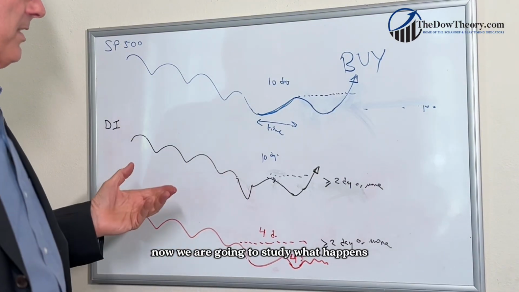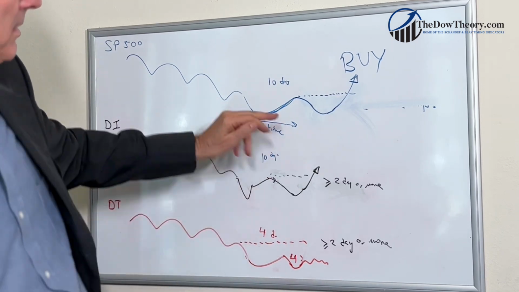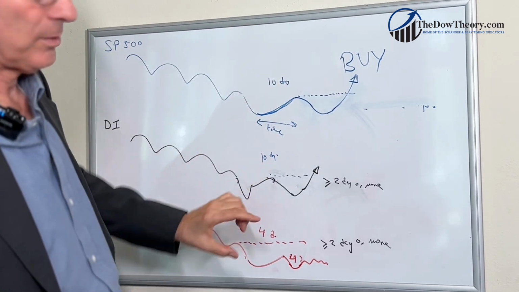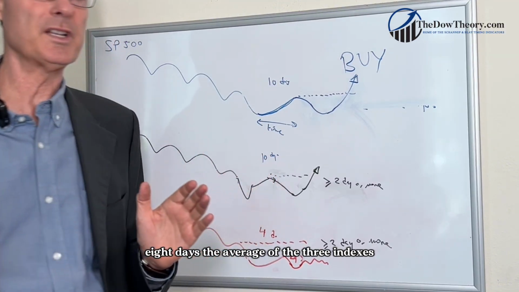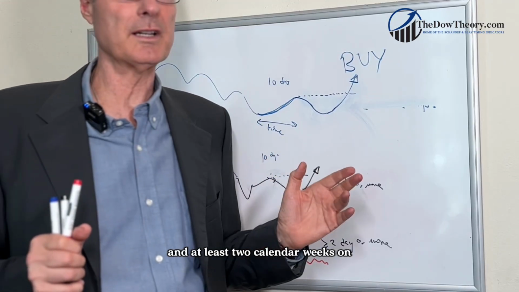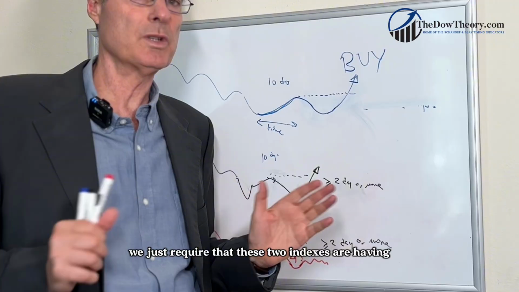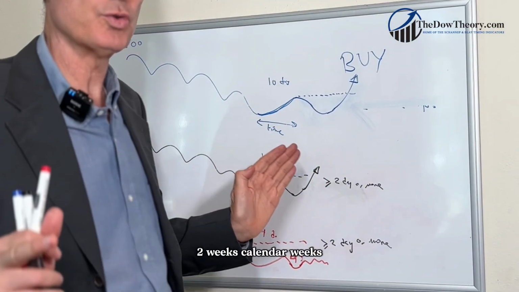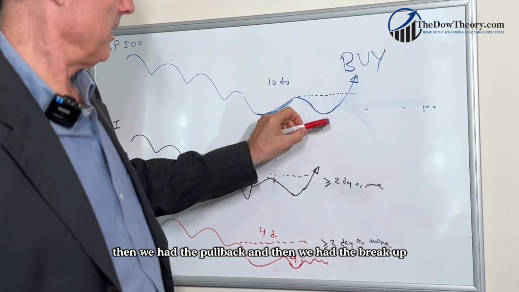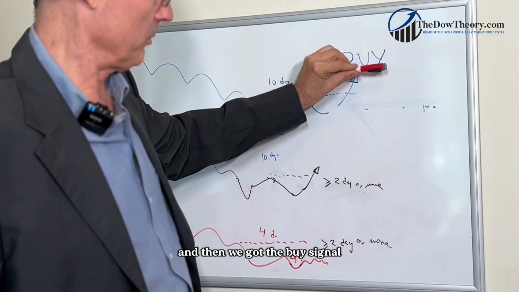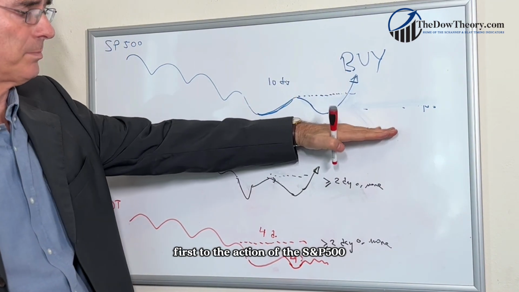Now we are going to study how we get the sell signal in the Dow theory. So this was a bear market, secondary reaction, with the reduced time requirement under the Dow theory: 8 days on average across the three indexes, and at least 2 calendar weeks on two of the indexes. We just require that at least 2 indexes are having 2 calendar weeks of correction. Then we had the pullback, then we had the breakup, and then we got the buy signal, and I repeat, you must always pay attention first to the action of the S&P 500. Now